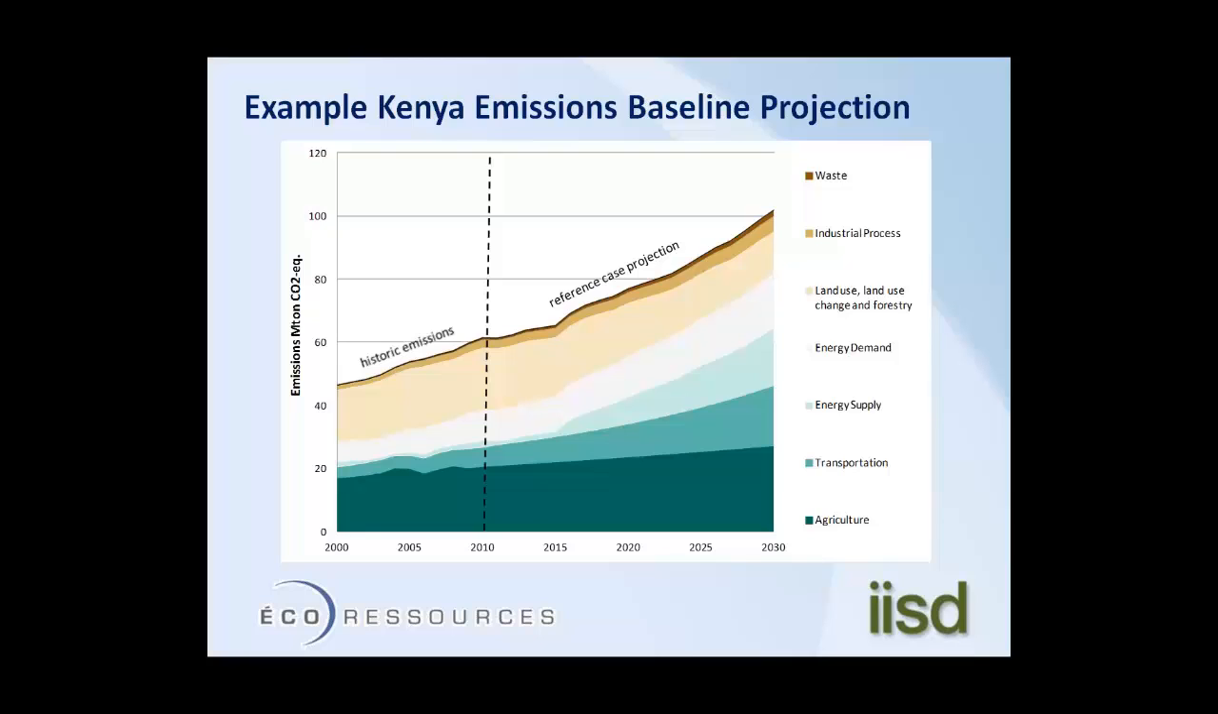This baseline scenario assumed that the overall economic GDP growth rate was equivalent to 6% per year. That is actually not consistent with developmental goals, but we felt that it represented a reasonable business as usual baseline